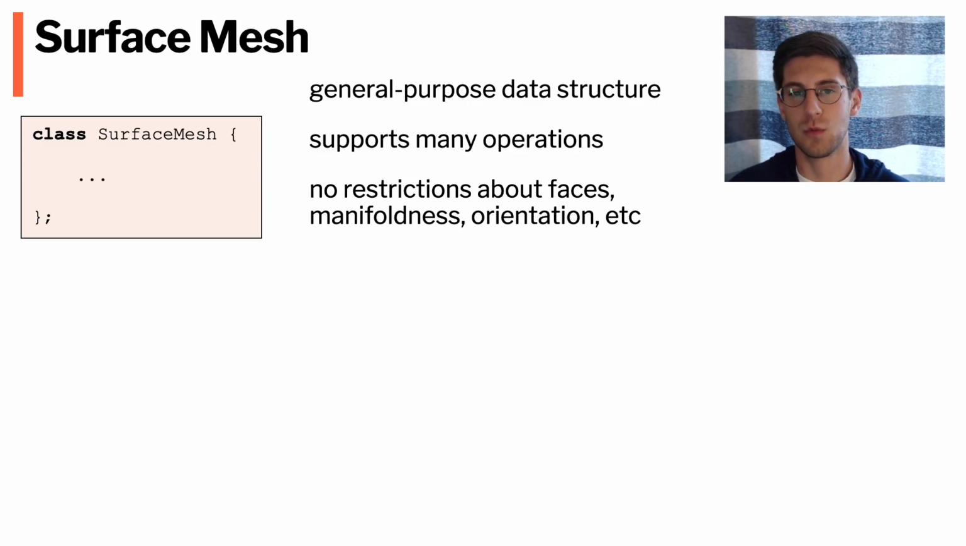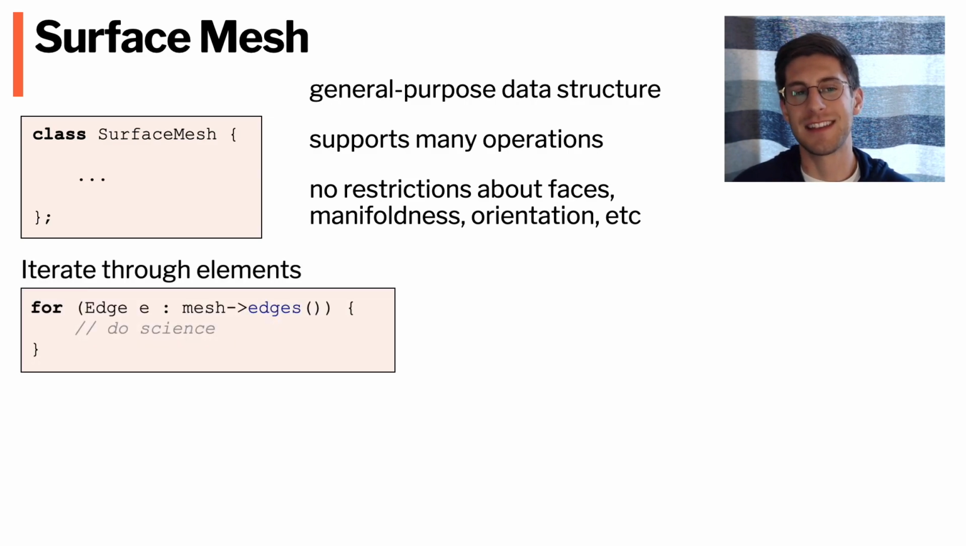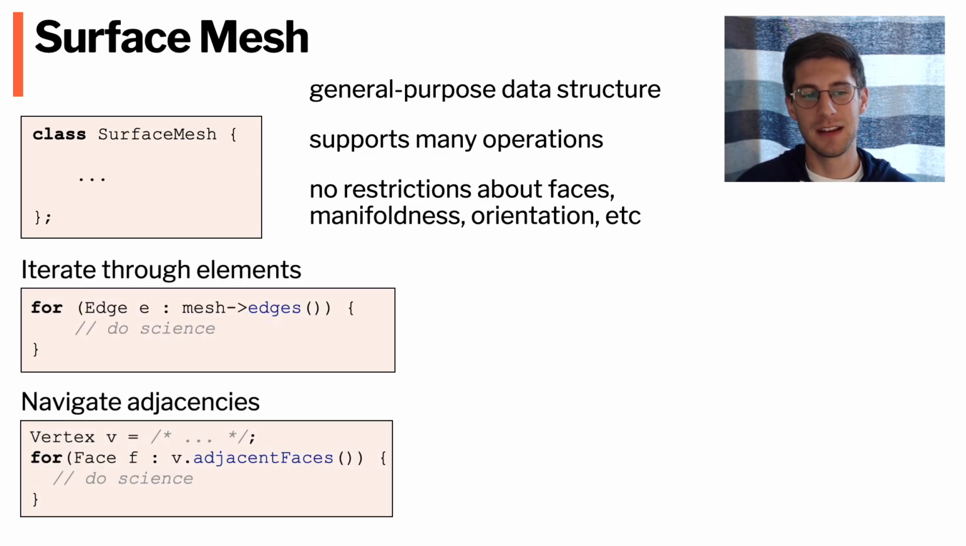This is important because when you restrict your core data structures to a limited set of inputs, as soon as your user needs to leave that limited set of inputs, all of a sudden the whole library stops being useful. So it's really important to handle the most general case possible, which is what we do with the surface mesh. This class supports things like iterating through the elements in a mesh, things like navigating through adjacent elements, so like for each